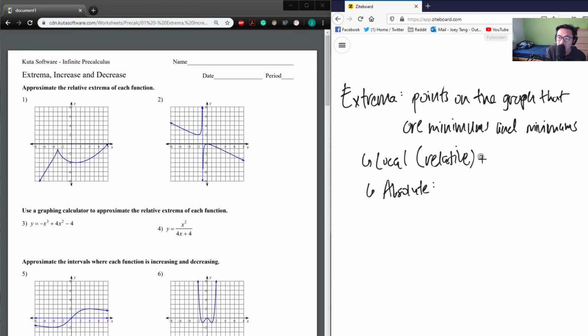Or a relative maximum. You can think of it as this function here in question 1. A relative maximum, for example, would be this point here, which would be negative 3 and negative 1. Just because the function approaches this, you can think of it as a maximum point of this function, but it's not necessarily its absolute maximum, because as we know, this arrow here goes towards positive infinity. So technically the absolute maximum is not a defined point, but it's positive infinity. But the local maximum in this case would be negative 3, negative 1, just because the function approaches a point